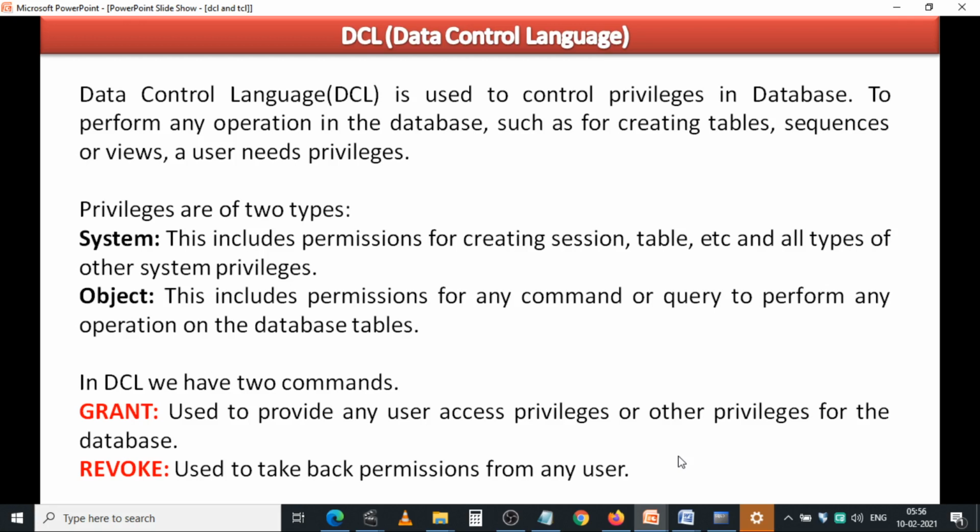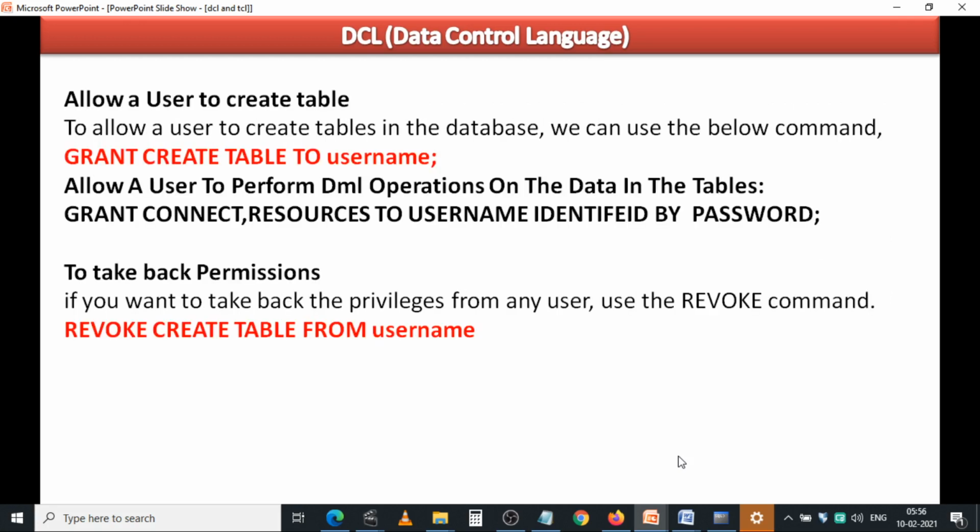We are using the grant command. Revoke means to revert the permissions granted by the Oracle administrator. That means it is used to take back permissions from the user, to cancel or revert the permissions which are given by the DBA. We are using the revoke command.